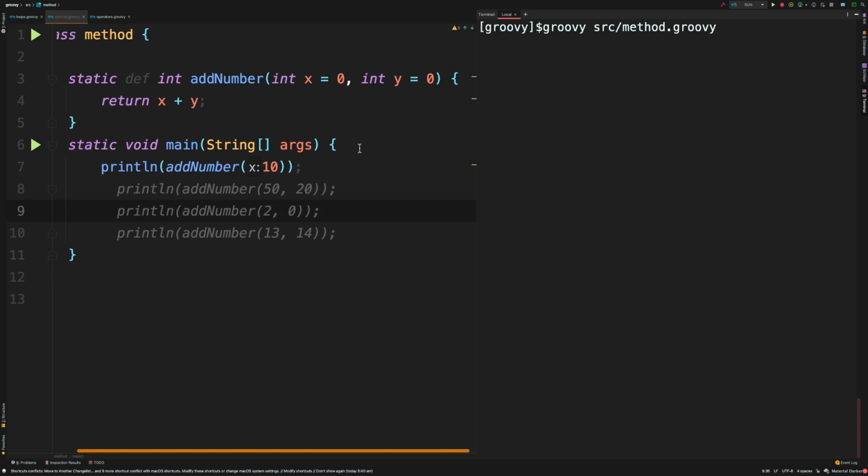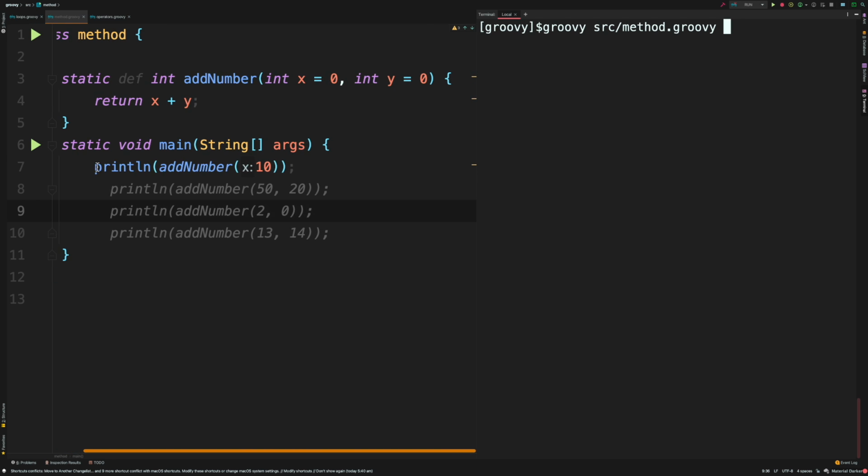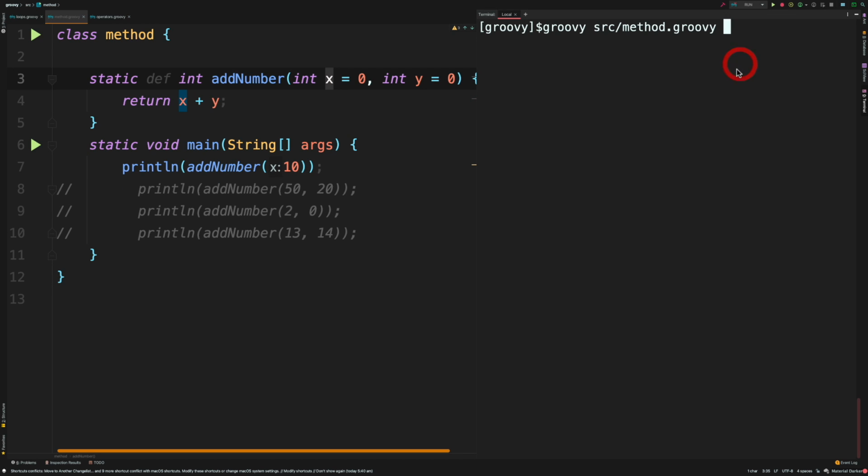Now what are you going to expect from this line? Well, it's going to basically apply the value of 10 to this x, but when it comes to y, we haven't defined any value. Because we haven't defined any value here, it is going to use the value 0, which is a default value for a parameter. So let's go and run this code. I'm going to press return in the terminal, and you get to see 10. If I define a value 2 here and save the file and run the code, you're going to get 12, because that's the default value.